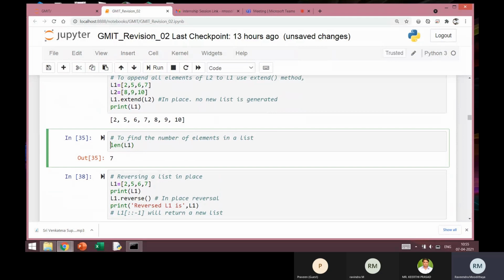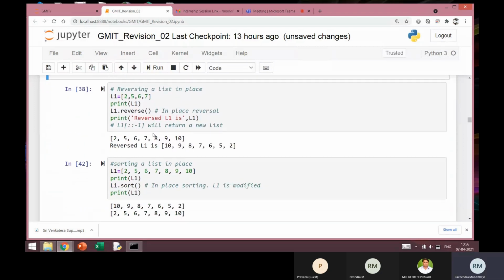You can use this function as len of L1. This len can be used with any sequence type of data. It can be used with a string also, which will return the number of characters in the string. With a list, it will return the number of elements in the list. In our case, L1 has a length of 7 because this is our new L1. We have modified L1 to this value, which has a length of 7.